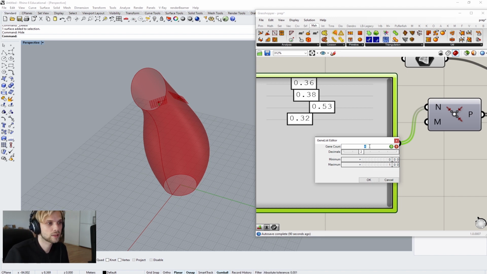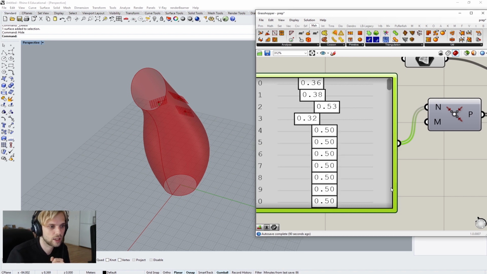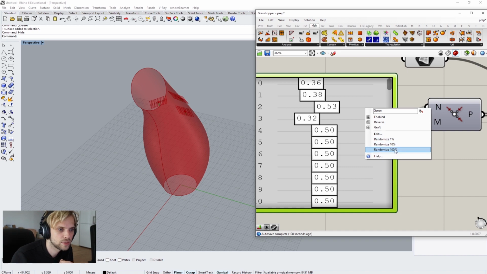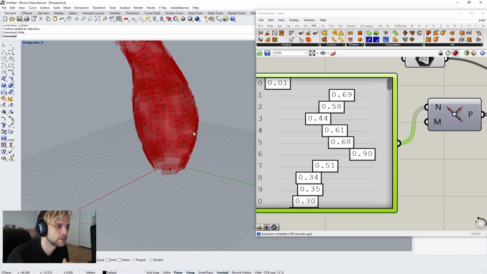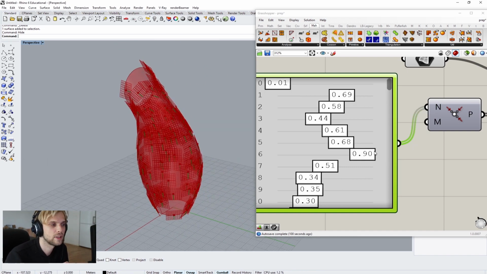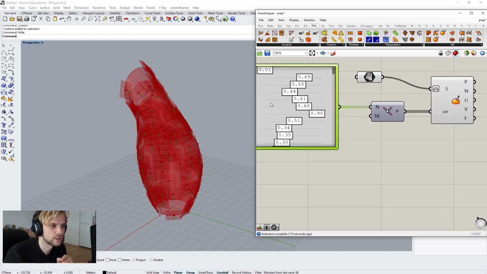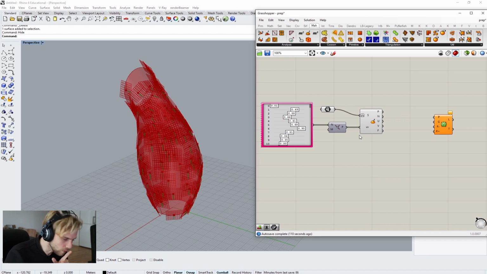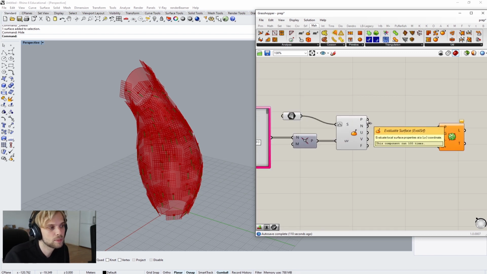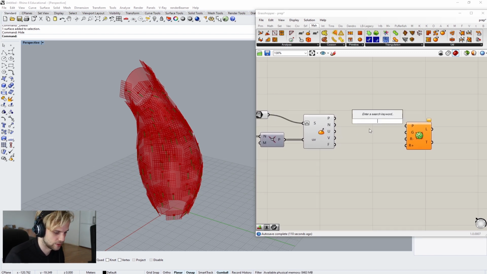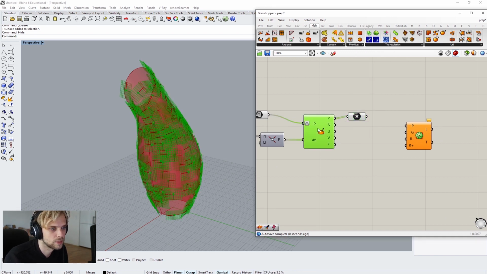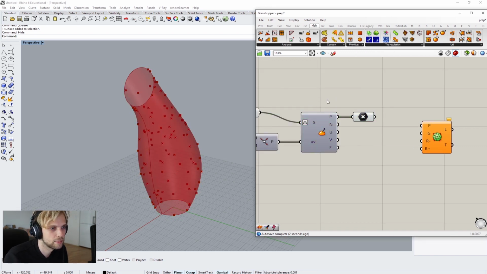So how many points do I want? Let's say I want 100 points. So I'll give it a gene count of 200. And right click on the gene pool and just choose randomize 100%. So now I have 100 points floating about here in this example. Okay, those 100 points, let me just create a point component here so that we don't need to see the planes. I'll hide the planes,